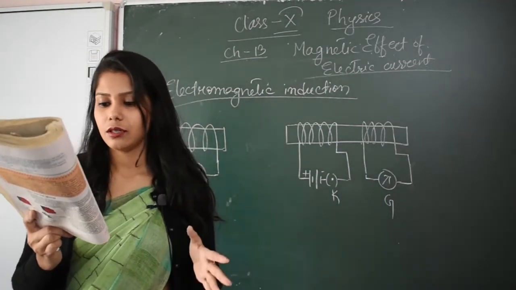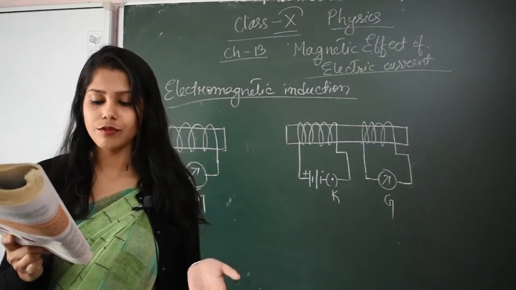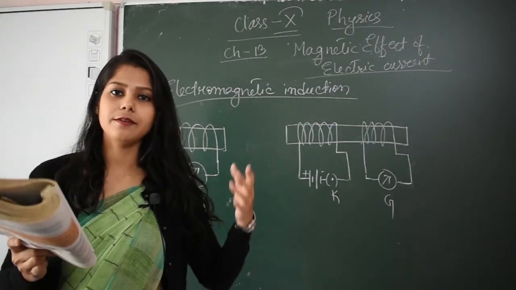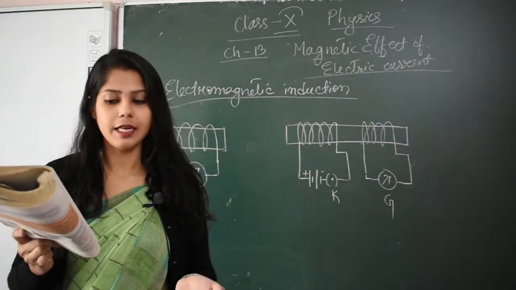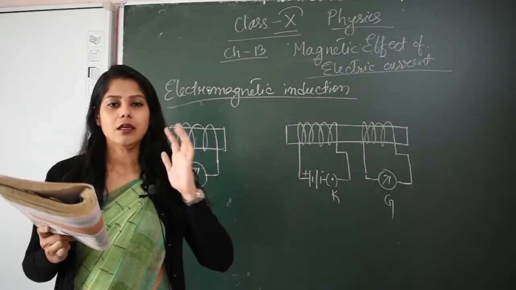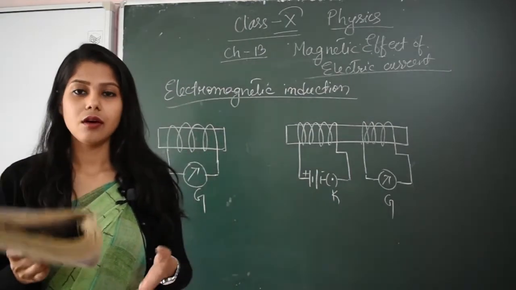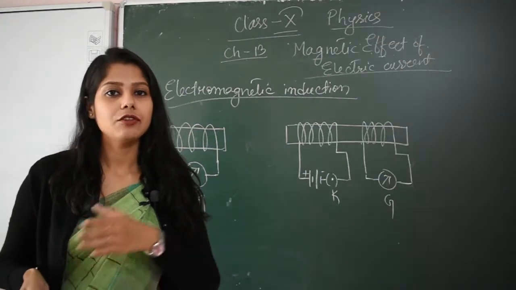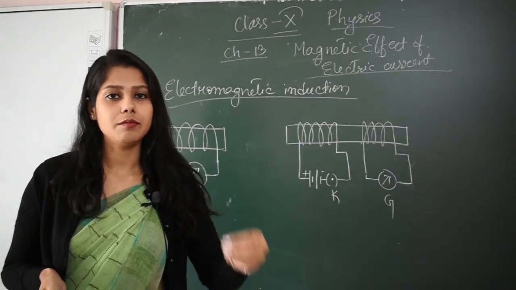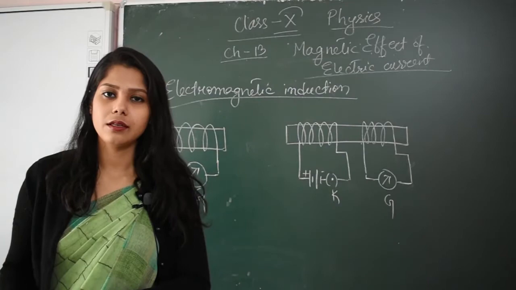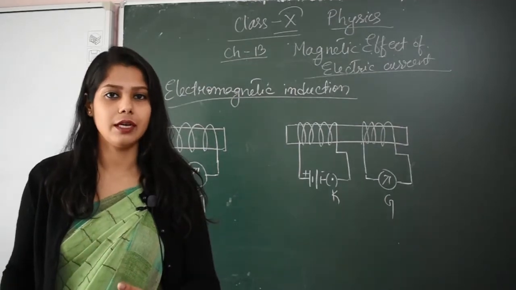Now let us imagine a situation where a conductor is moving inside a magnetic field. We already have a magnetic field beforehand and we are placing a conductor inside the magnetic field. So what happens in that? This situation was first studied by Michael Faraday, and he gave us the discovery of how to generate electric current with the help of mechanical energy. Here we will not be using electrical energy beforehand; we will be gaining electrical energy only by using mechanical energy. A machine is moving and it will be giving us electrical energy.